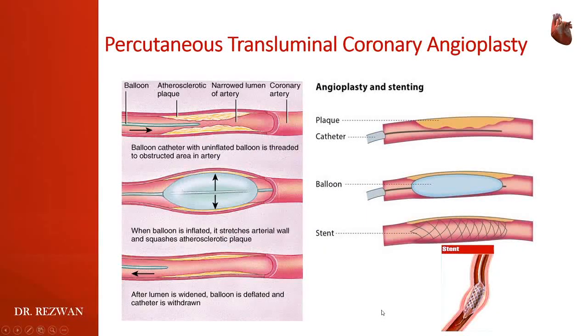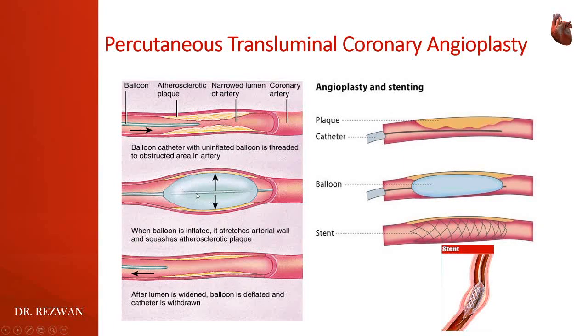So what will be the treatment when this atherosclerosis happens, and when the vessel is very much narrowed? Then we need to do something, and the first thing that we do is percutaneous transluminal coronary angioplasty. So first of all, we need to insert a catheter along with a balloon. We will inflate the balloon, and that will create pressure in the lumen, and the atherosclerotic plaque will be flattened. We can see that due to the inflation of the balloon, it flattens out the atherosclerotic plaque, and the lumen is a little bit wider right now.